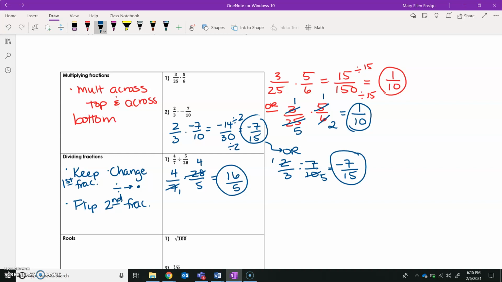7/15. Or if you like that method where we're canceling out, then we can say, well, 2 and 10 have a common factor of 2. So 2 goes into 2 once, 2 goes into 10 5 times,